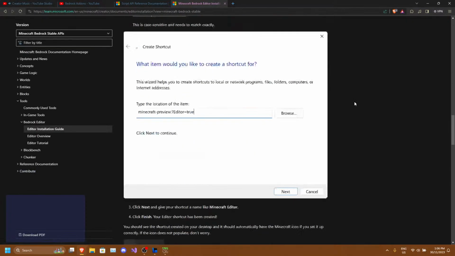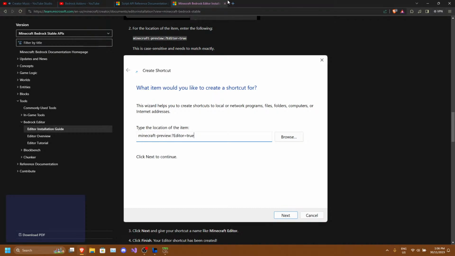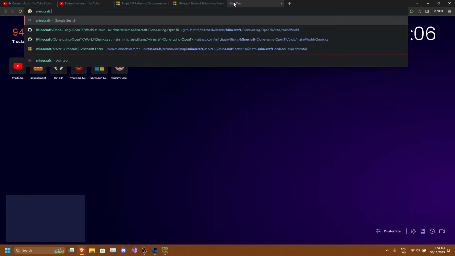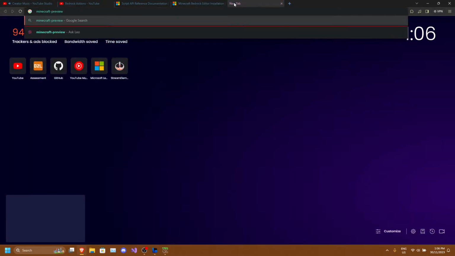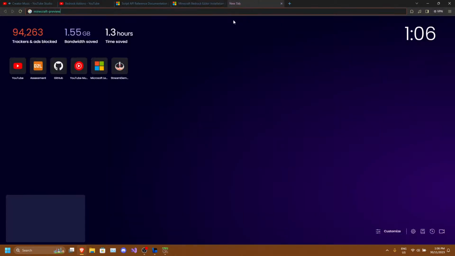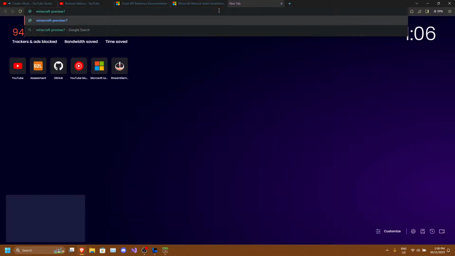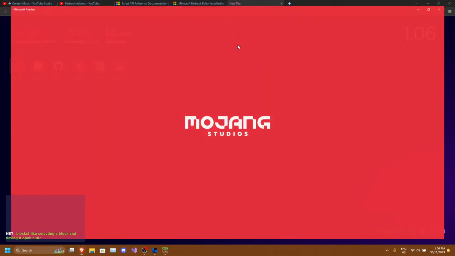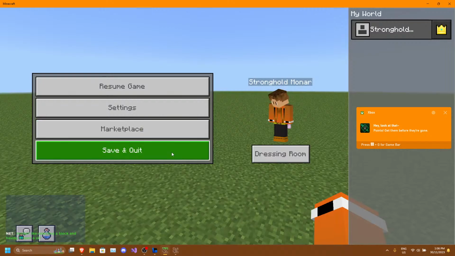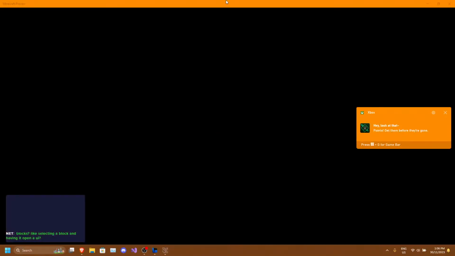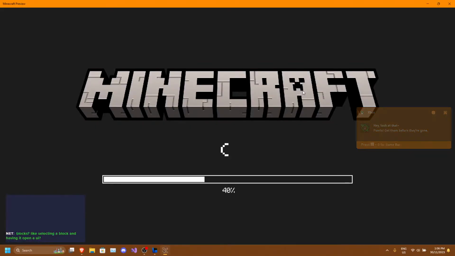Okay, we just don't need that. Minecraft preview, dot editor is equal to true. Okay, we can just save out of this. See what the preview mode looks like, a bit different.